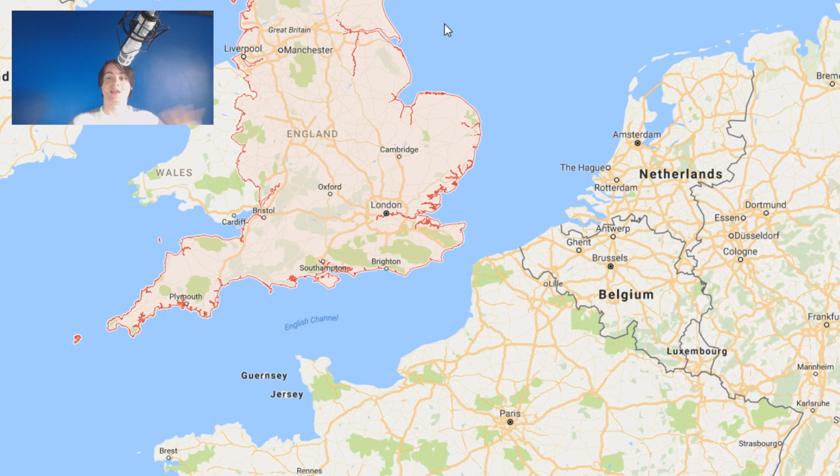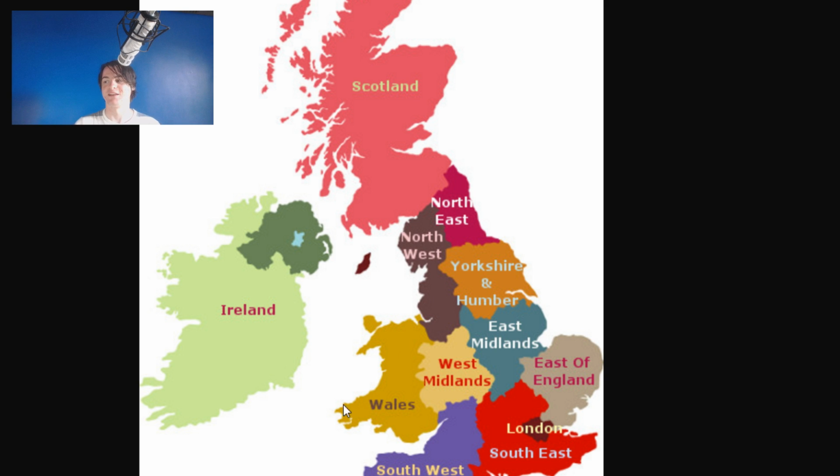But if we go by region level, because that's I guess the next easiest way to distinguish it, then you get a map which looks something like this. So again, ignore Scotland, Ireland, and Wales, because they're not relevant to today's discussion, but you get 8 regions, I believe it is: northeast, northwest, Yorkshire and the Humber, East Midlands, West Midlands, southwest, southeast, east of England, and then finally London, because it is such a large city in its own little category right there. So 9 regions total, and that leads us to the situation where we're like, yeah, this works, right? Because the south, you divide that into different places. You got London, where there's clearly such different culture. The little hump of England gets its own little thing, but the only problem with this is it's not really